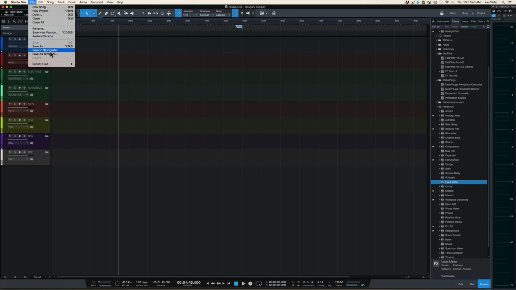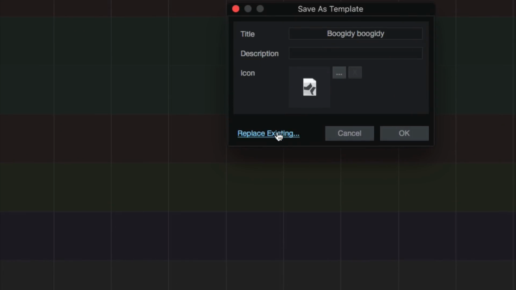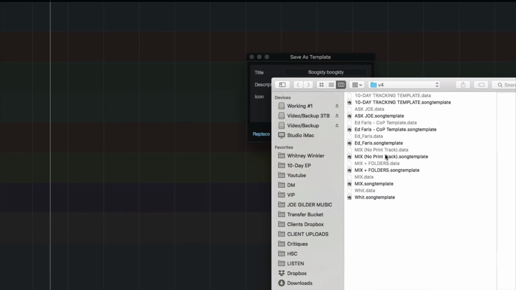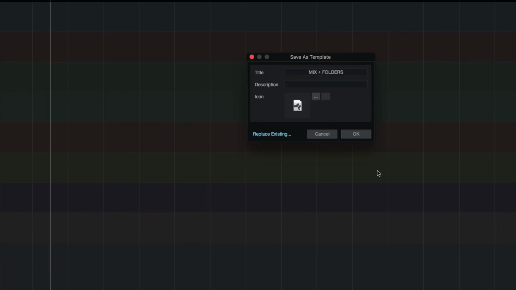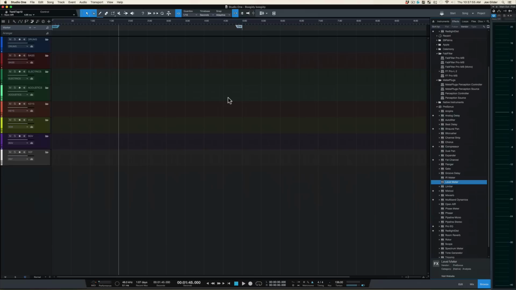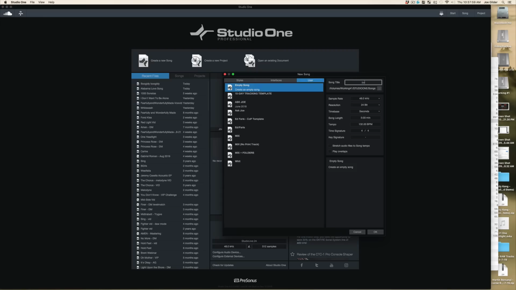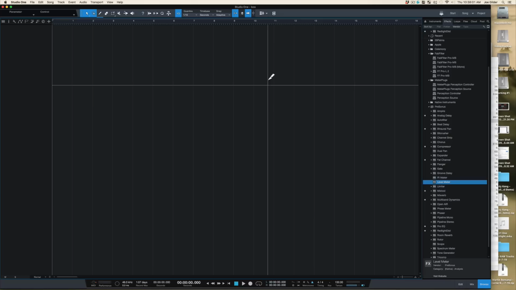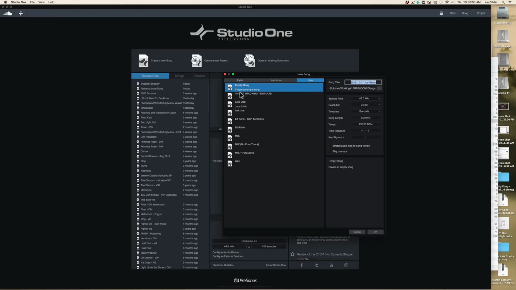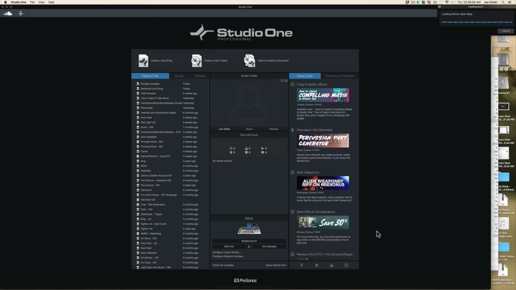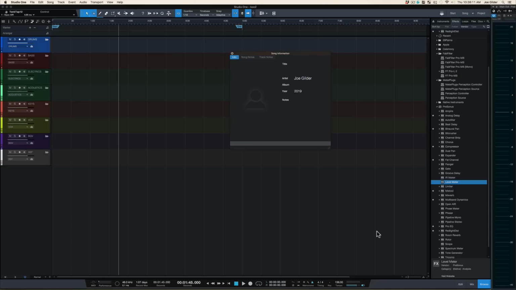So we're going to go save as template, same thing as before, replace existing template. We're going to replace Mix Plus Folders again. Now, next time we go to create a new song called Boo, as in Boogity Boogie. Shoot, I forgot to select the right one. Call this Boo 2. We can select the Mix Plus Folders template, open it up, and boom, it looks like we just left that one,